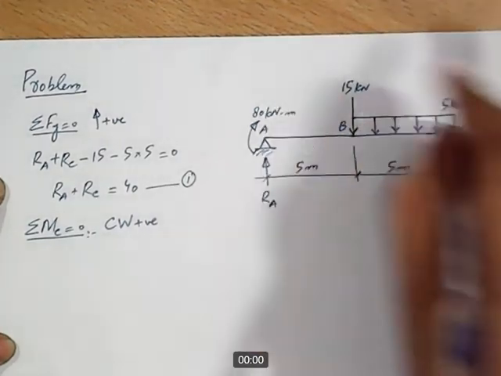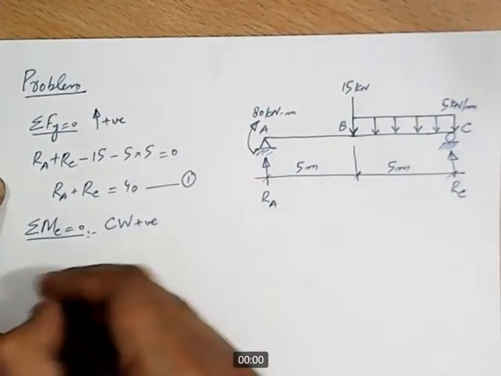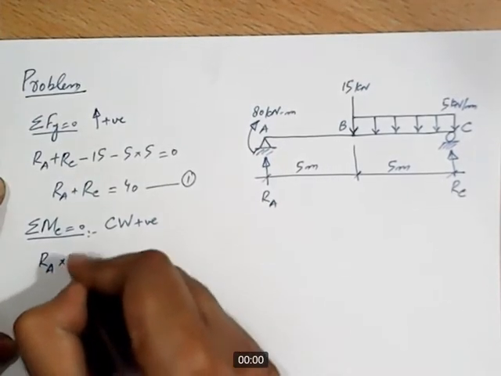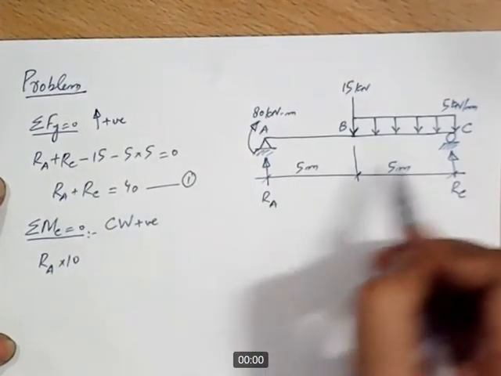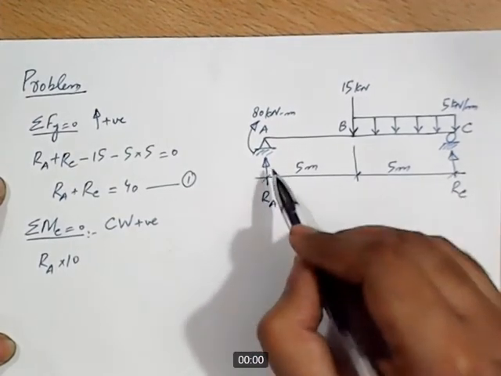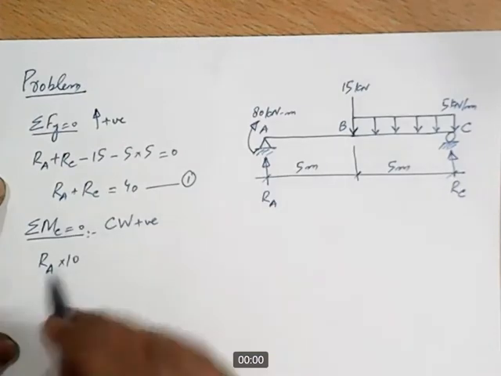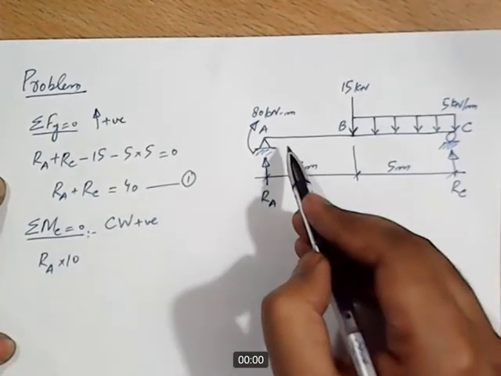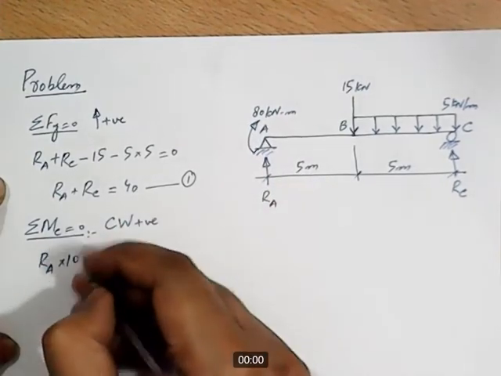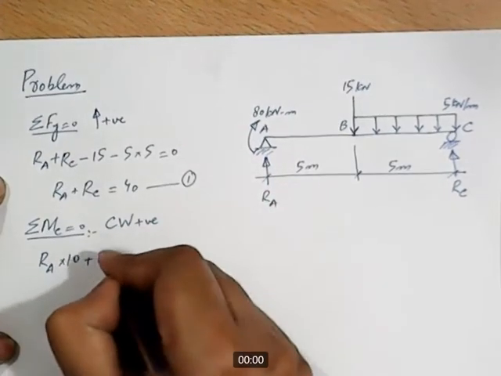RA is producing moment in clockwise direction about point C. So RA into 10 is the lever arm, the perpendicular distance between RA and point C, and RA is producing moment in clockwise direction, so we'll take it as positive. And then we have a point moment acting at point A, and it is clockwise, so it will be plus